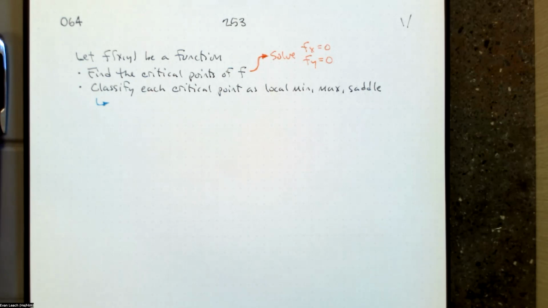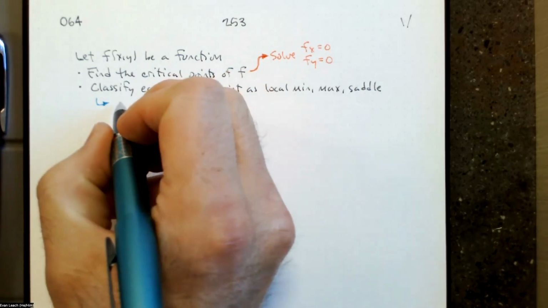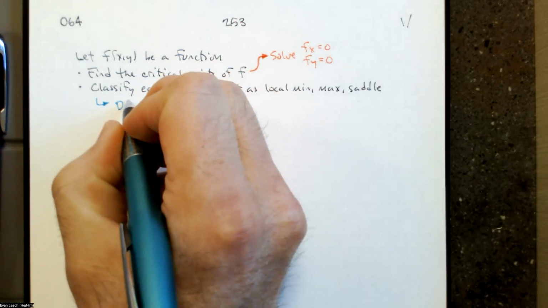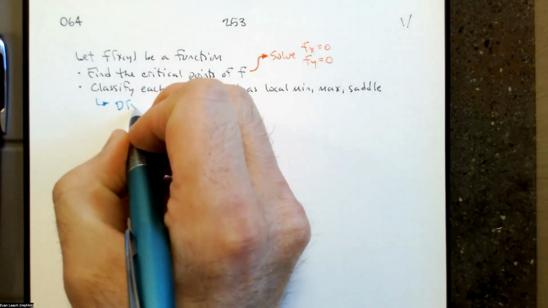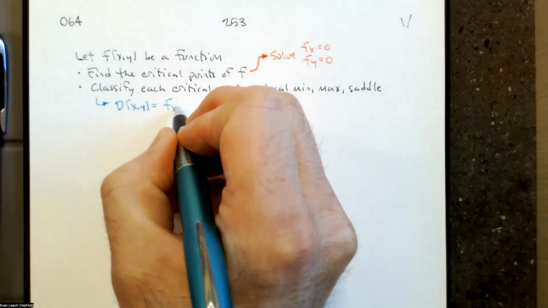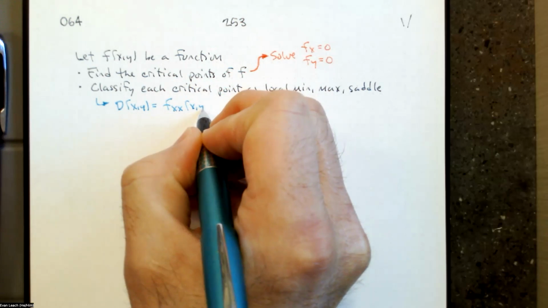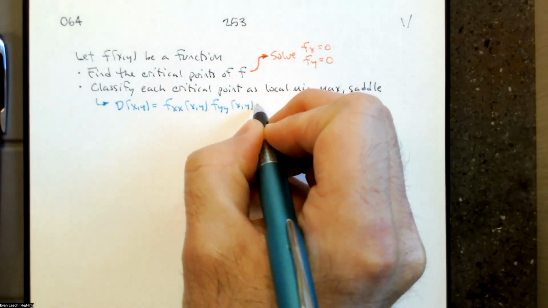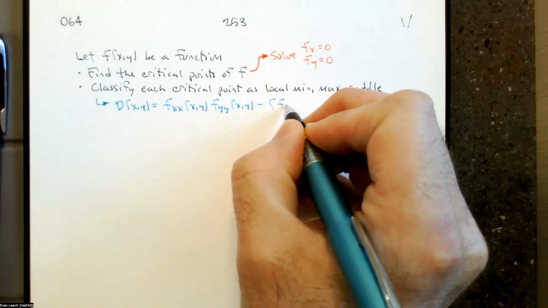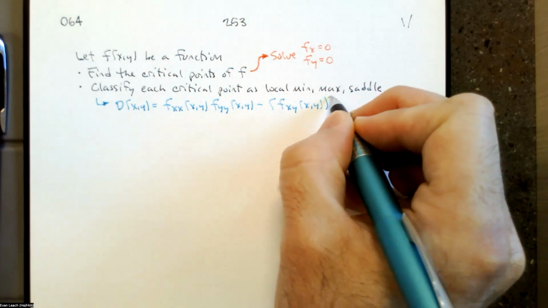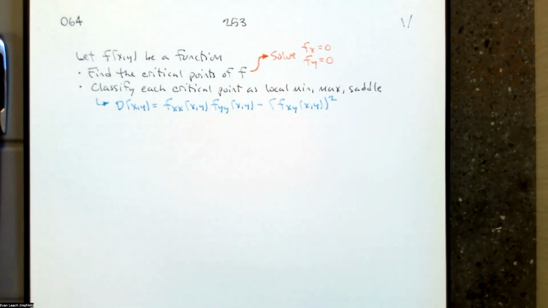So if you recall, we built this function called capital D, which involved all four of our second derivatives. So capital D was fxx times fyy minus the square of fxy, then our test